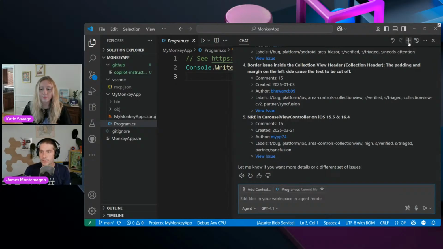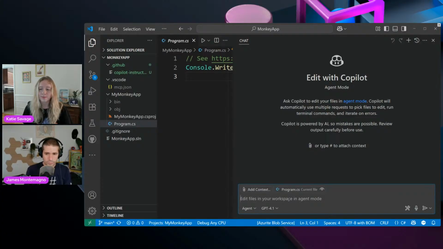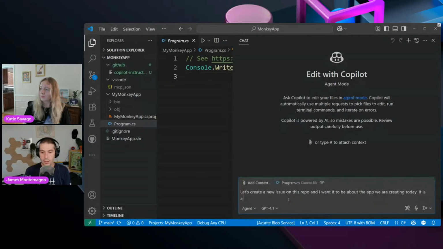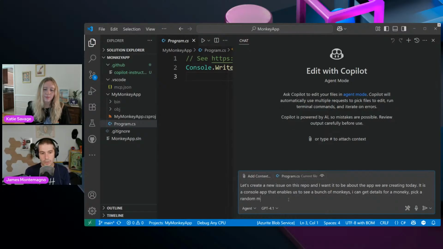Okay. So I'm going to create a new chat. I'm going to say, let's create a new issue on this repo, and I want it to be about the app we are creating today. It is a console app that enables us to see a bunch of monkeys. I can get details for a monkey, pick a random monkey.